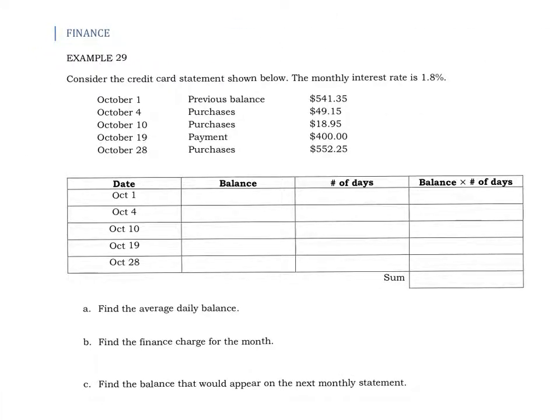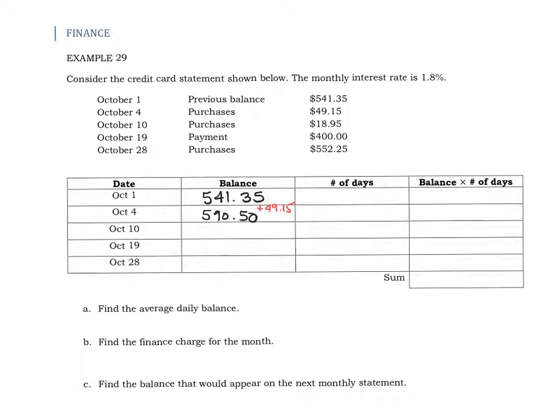So the first step was to find the balance on the first day of the billing cycle and on each day that a new transaction occurs. Here it says, consider the credit card statement shown below and what the monthly interest rate will be. The previous balance is $541.35. Now on October 4th, you made a new purchase, so your balance is going to go up. And so our new balance is going to be